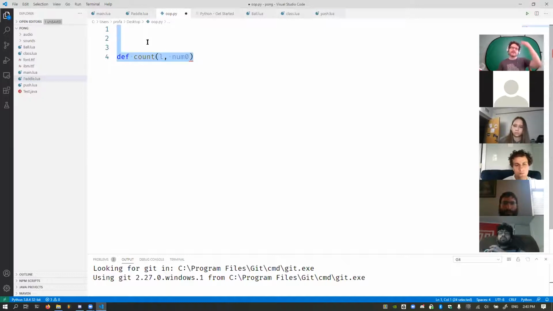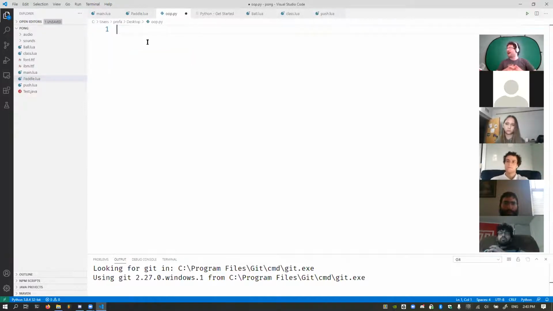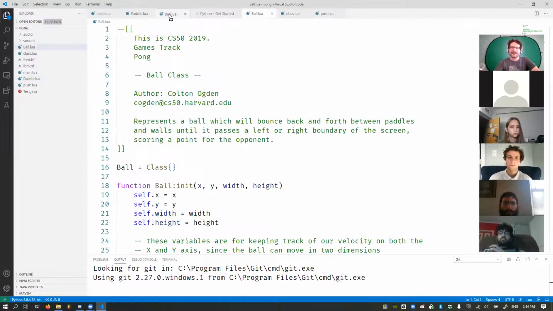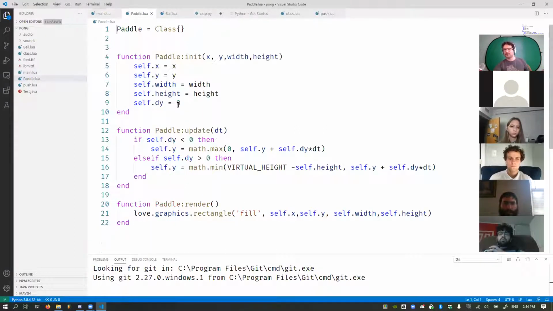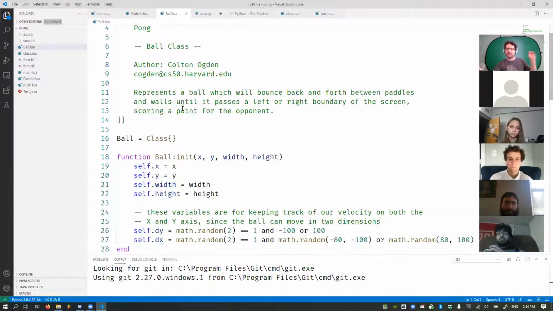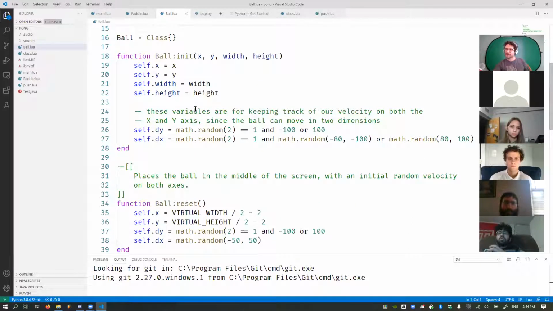Okay. Now, one of the paradigms that we use is object-oriented programming, which is the idea that we should define new nouns and organize our program by these nouns, by these actors in our program, and how they interact with each other. So for instance, in this class, there are two types of actors, right? There's two paddles, right? So we have a paddle type, a new paddle noun, and a ball, which just bounces and stuff, you know? Makes sense? There's two new types that I've added.